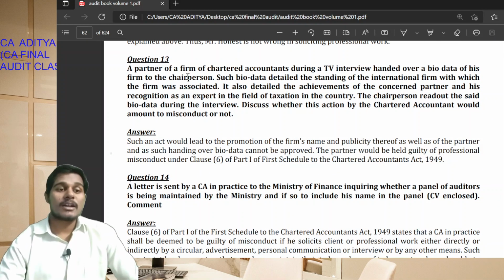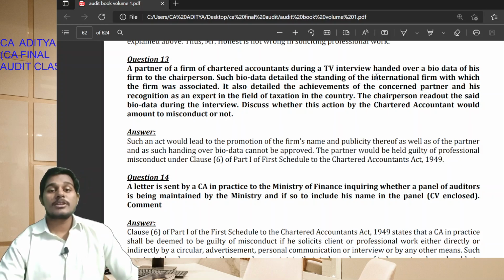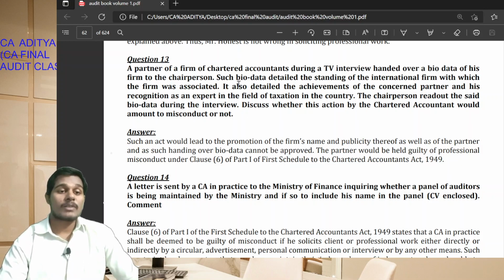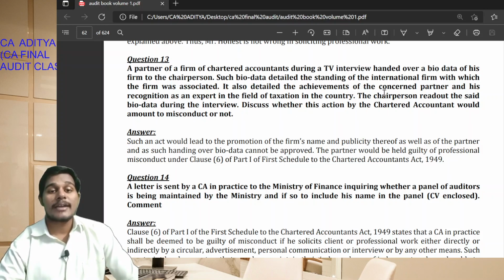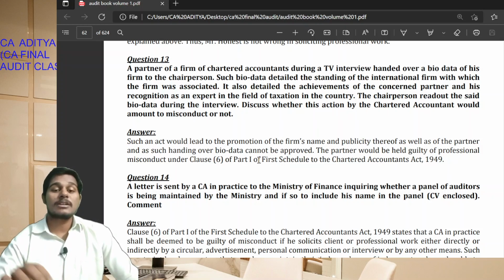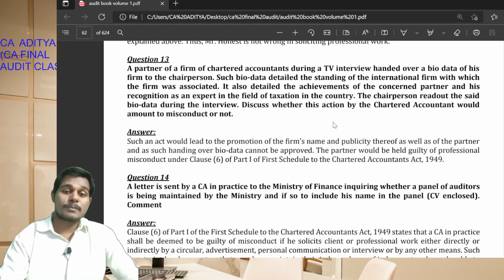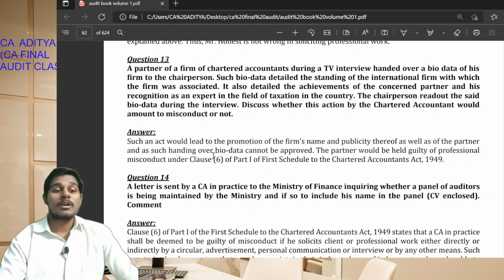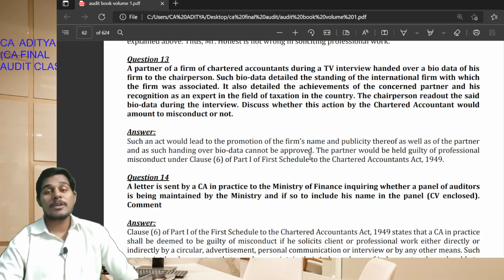A partner of a firm, during a TV interview, handed over a biodata of his firm to the chairperson. Such biodata details the standing of the international firm with which the firm was associated. He also described the achievements of the concern. So in this present case, it can be said that he has provided his biodata and firm name, and this cannot be permitted, as it amounts to soliciting of clients. So it will amount to professional misconduct as per clause 6 of part 1 of the first schedule to the